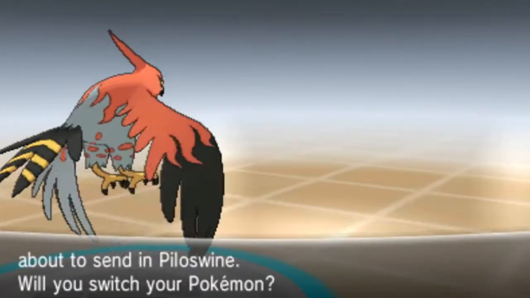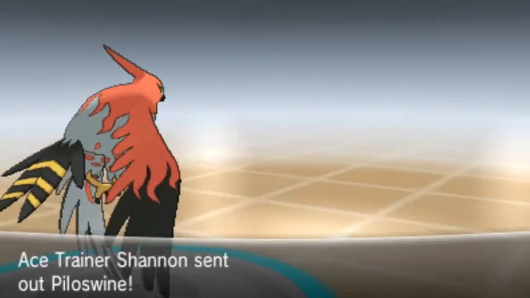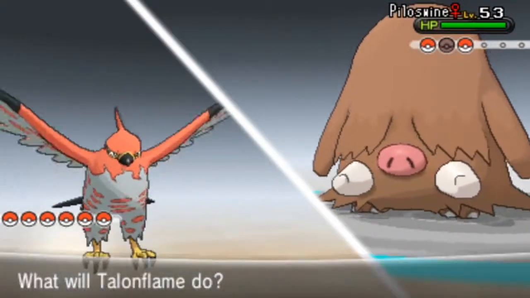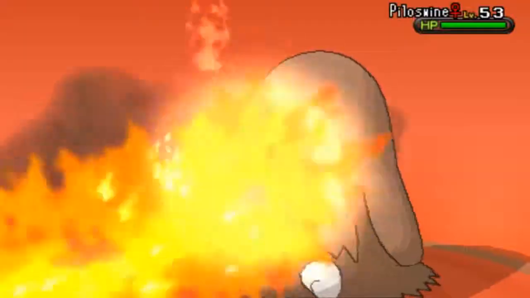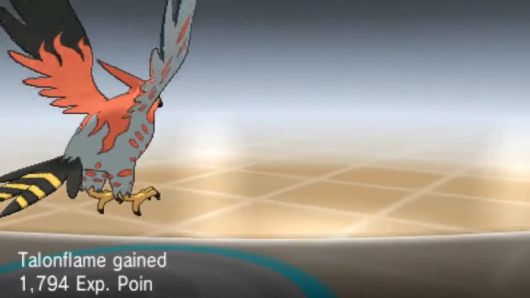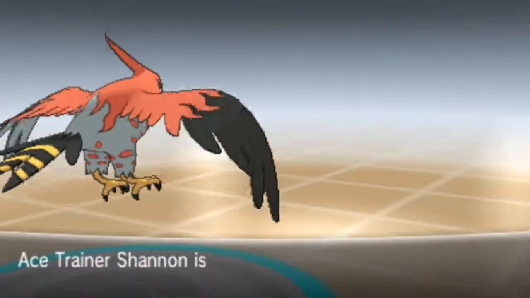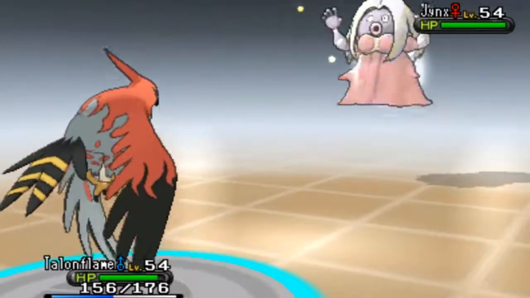Anyway, we took out Cryogonal, so next up is going to be a Piloswine, the pre-evolved form of Mamoswine. You know what, since we are a higher level, and it's 2 levels lower than the Mamoswine was in that other trainer battle, I'm gonna stay in. And wouldn't you know it, a critical hit paid off with a flamethrower. Down goes Piloswine, Diggersby grows to level 56,